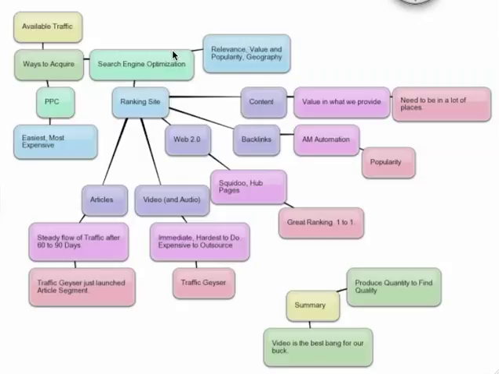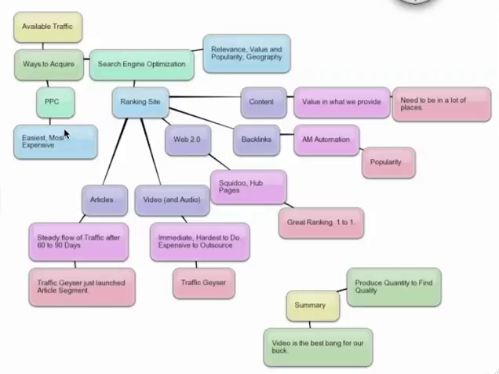Okay, so let's talk about getting people to the website. There's two basic ways to get people to the website. You pay for it, or you create something on the internet that people find where they are interested in going back to your website. Broadly, that's called search engine optimization. We are doing a little bit more than search engine optimization, but for the purpose of this conversation, we'll just call it search engine optimization. So the two ways to get traffic is you pay for it, or you create content that allows people to see that.